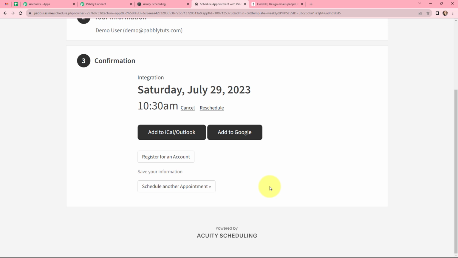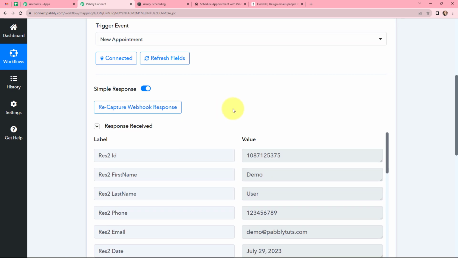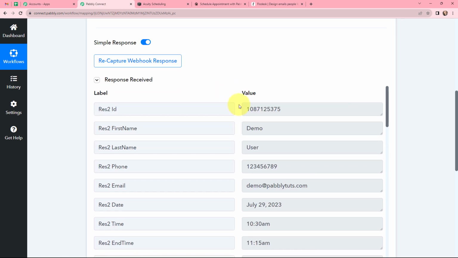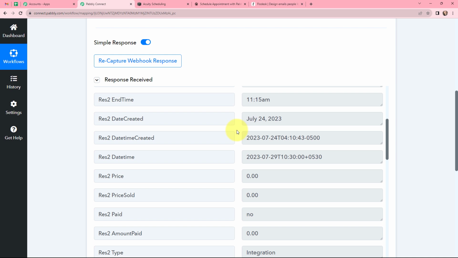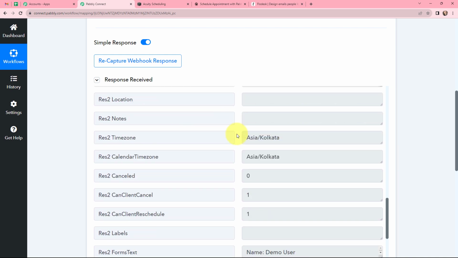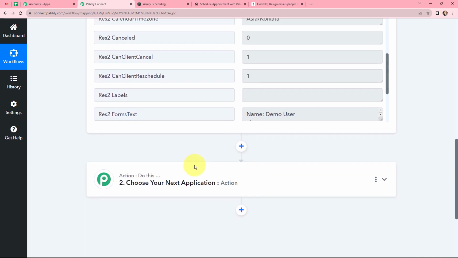Now we will go back to our Pabbly Connect account and we will check the captured response. So over here you can see there is the ID, first name, last name, the phone number, email ID, date, time and what time it was created. So every detail which was saved is captured over here,